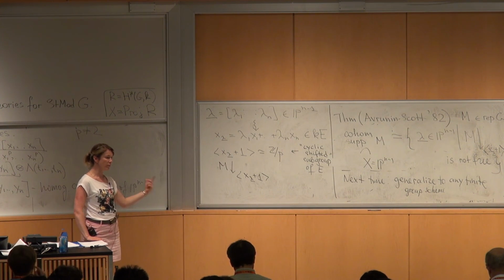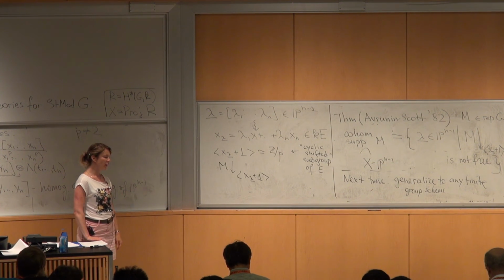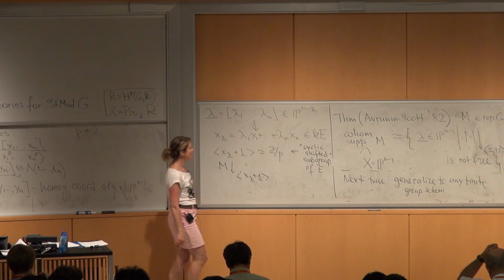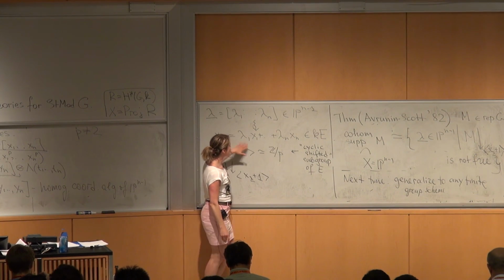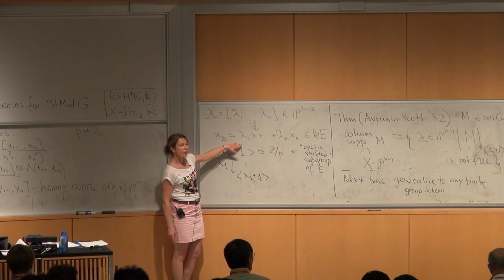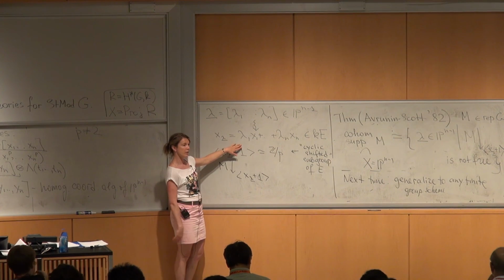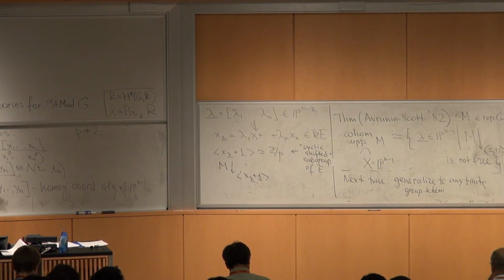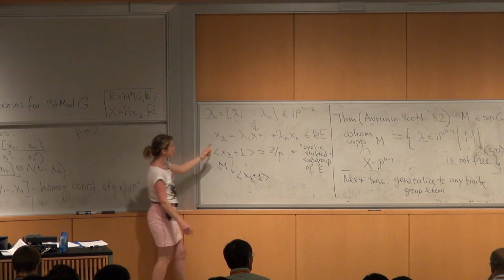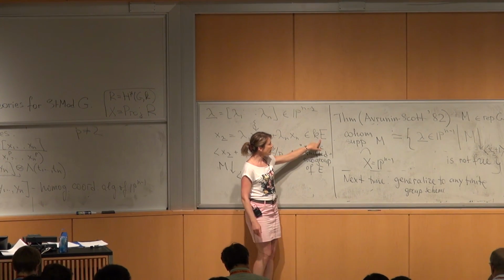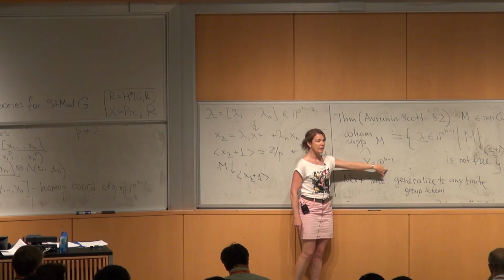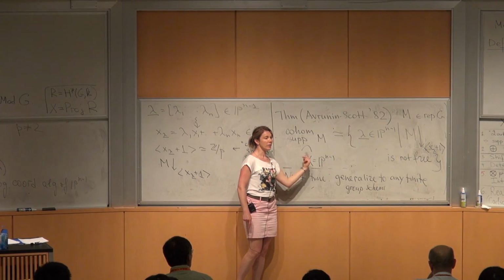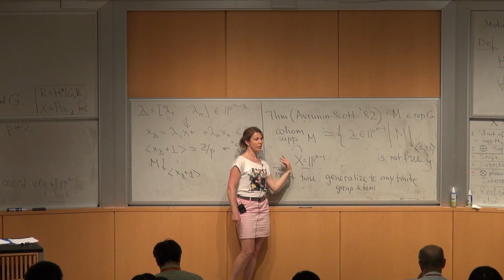starting with modules in the big stable module category. It's a little bit of a different story, but basically what you would do is, instead of looking at these things point by point, you can globalize this operator by extending scalars to the coordinate algebra here. And then applying this operator to your module will take you from representations of E to sheaves on the projective space. And then for finite dimensional modules, one can compare at least supports of these two different